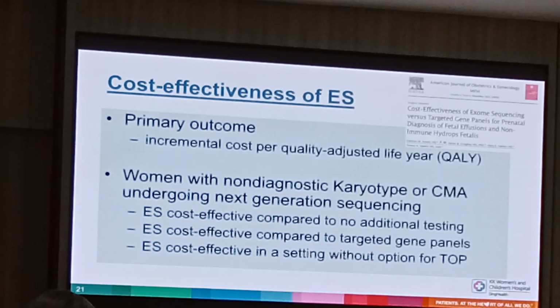as a first-line test. So this group looked at the cost effectiveness of exome sequencing. This is again the UCSF group, and of course this is on the background of their healthcare system. So when we're looking at cost effectiveness, we need to take into account your own local setting and your healthcare costs. Their primary outcome was incremental cost per quality adjusted life year, and they